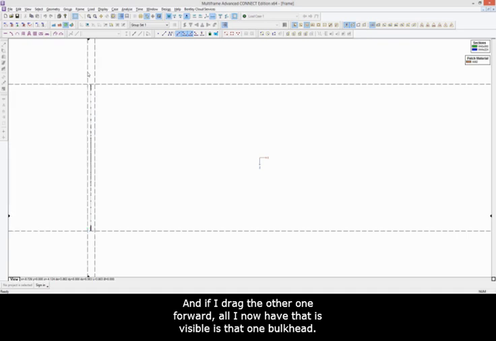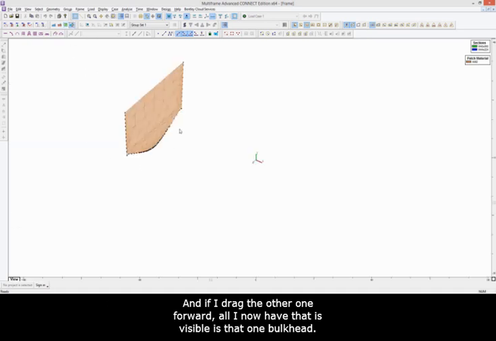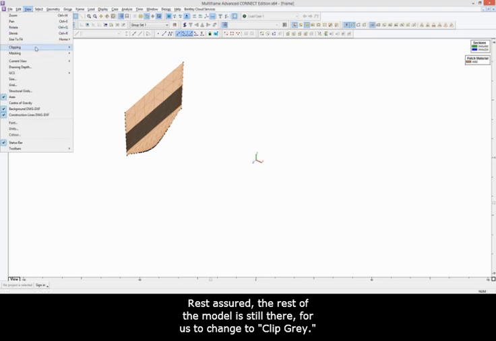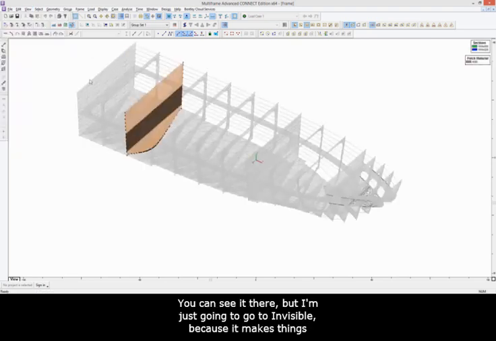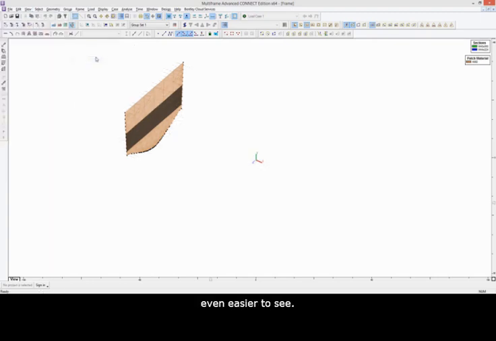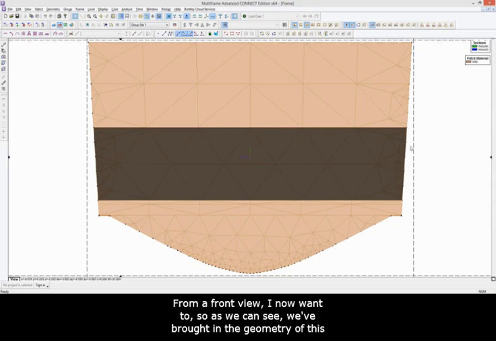And if I drag the other one forward, all I now have that is visible is that one bulkhead. Nice and easy now to select that and edit that without being confused by all the surrounding structure. Rest assured the rest of the model is still there. If I was to change to clip grey, you can see it there. But I'm just going to go to invisible because it makes things even easier to see. Alright, from a front view,